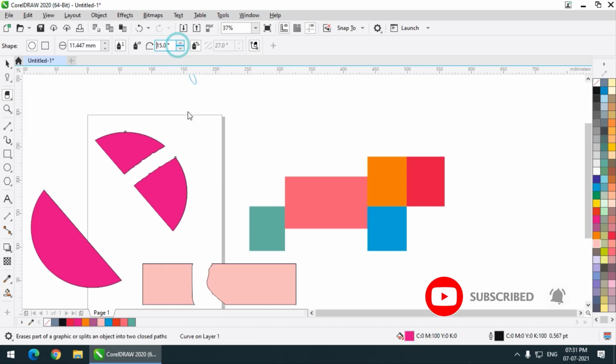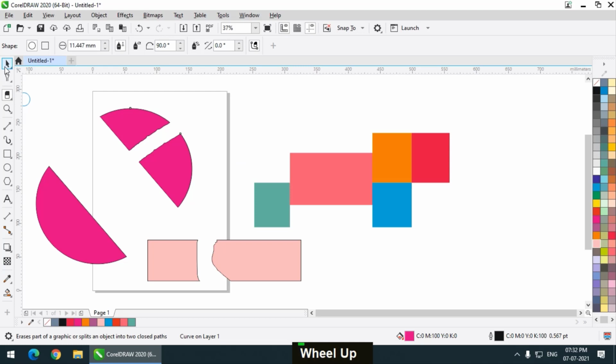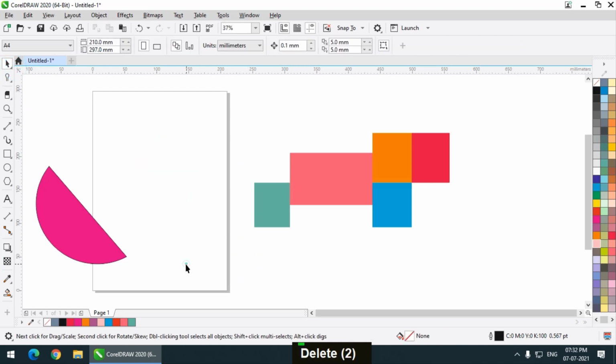So let's see, if I don't want this, I can keep it to, yeah, I can keep it to 90, so it will be a circle, and I don't want this, so I'll keep it to 0. So the eraser tool is basically to erase things, and this is the thickness, which is the brush size. So using this we can erase any object that we want.